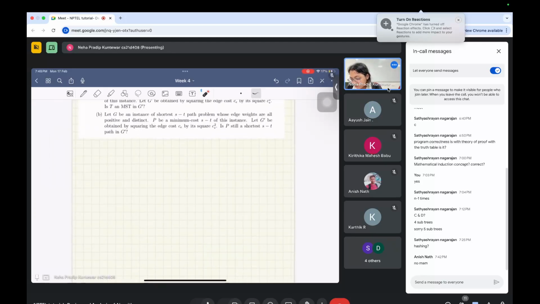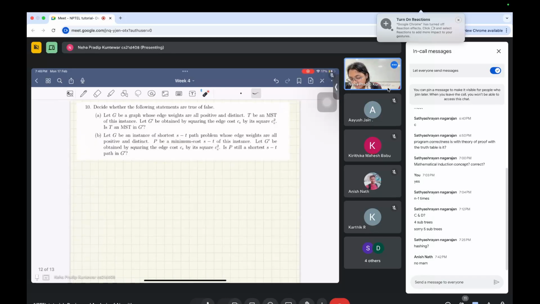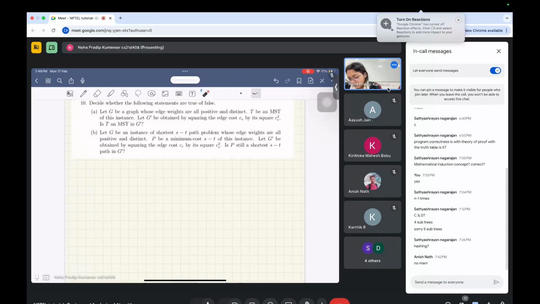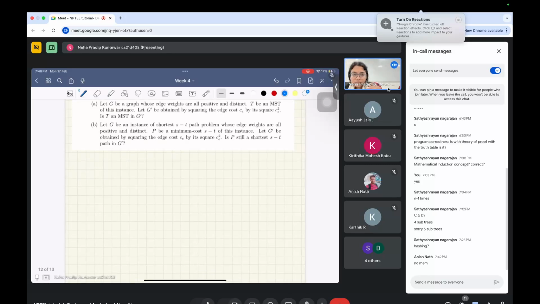Maybe we can do one more question quickly. Okay, I'll read out the question. You have been given a graph G, all of whose weights are positive and they are distinct, like we said earlier. And T is some minimum spanning tree of this instance. Now what I'll do is, so let's say